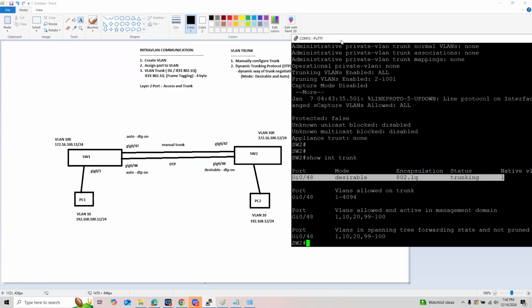Desirable will negotiate trunking on the other side, so it will make it support a trunk, then negotiate on the other side to make it trunk as well. And that's what auto does, no? It will wait if the other side will negotiate for trunking, and it will make it support the trunk.